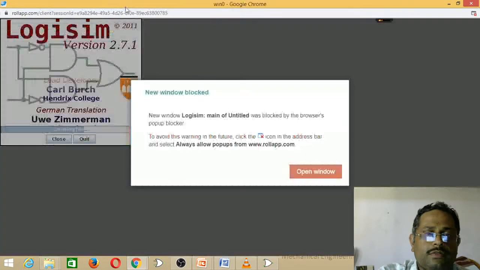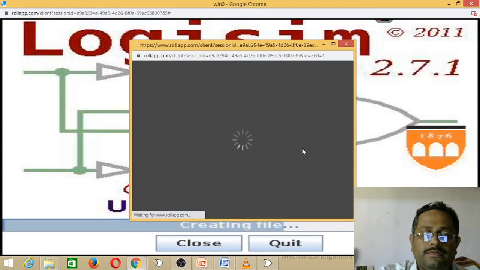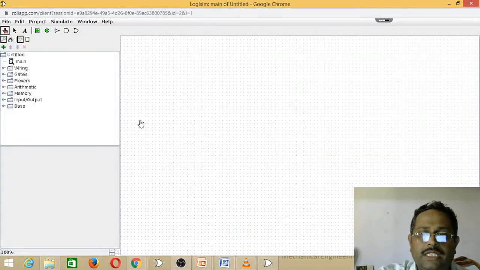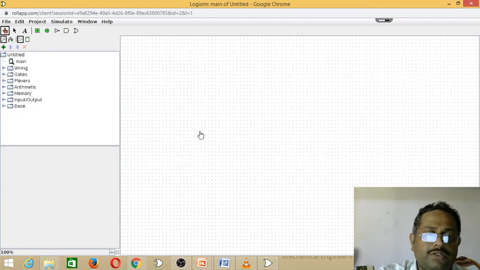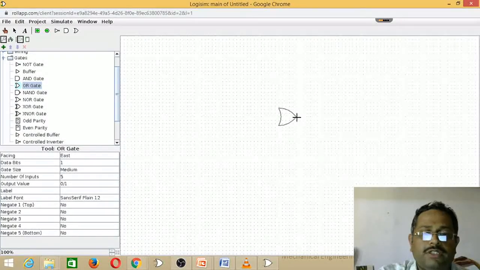Click on open window. Next, it will launch a default window, as you saw in the desktop app also. Here also we will do the same way. Just insert a gate from the gate folder by clicking on this one and place it here on the canvas.